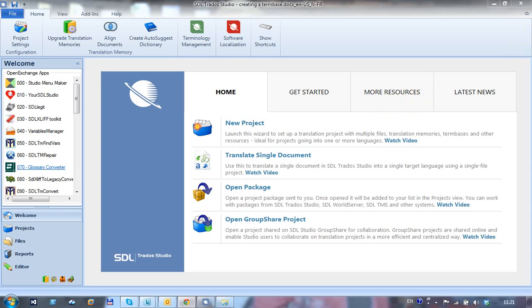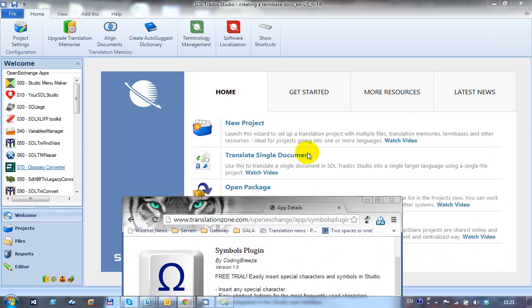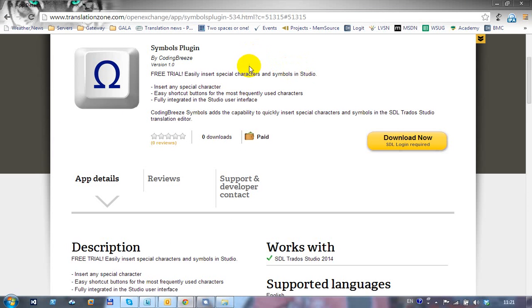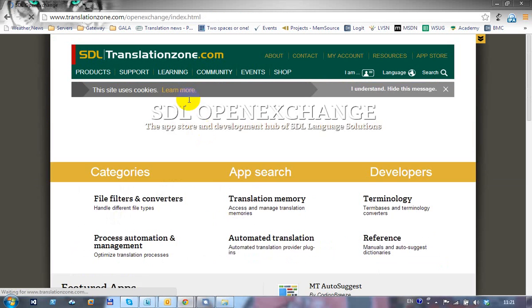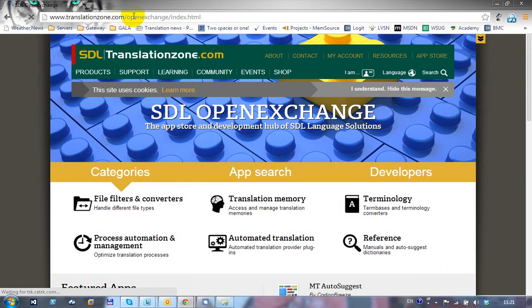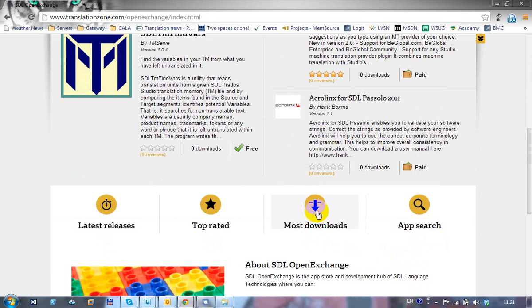And I'll just put this over here so I can show you. Let me just go to the home page on the App Store. So if you just go to translationzone.com Open Exchange, and if you were to click on the most downloaded, it's